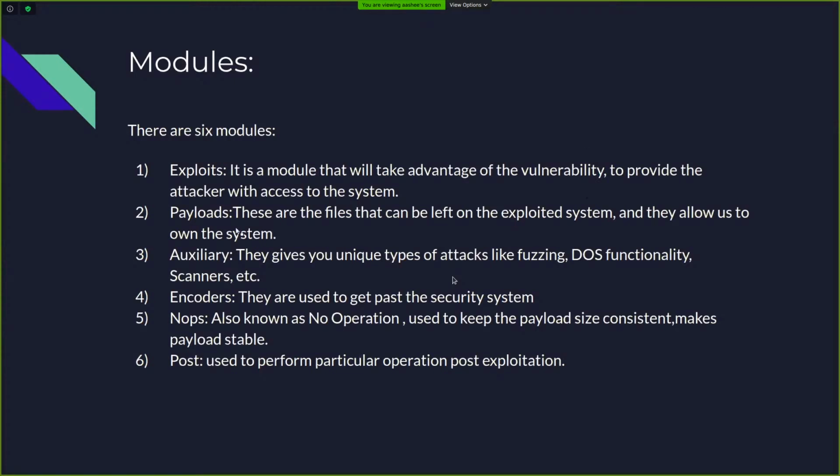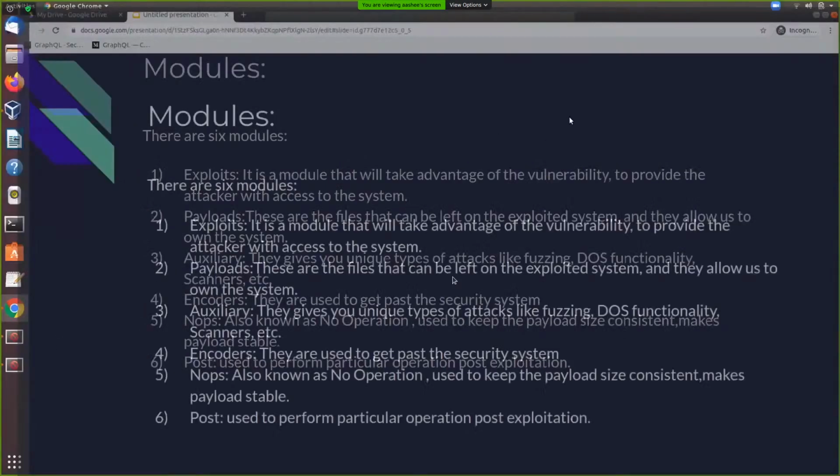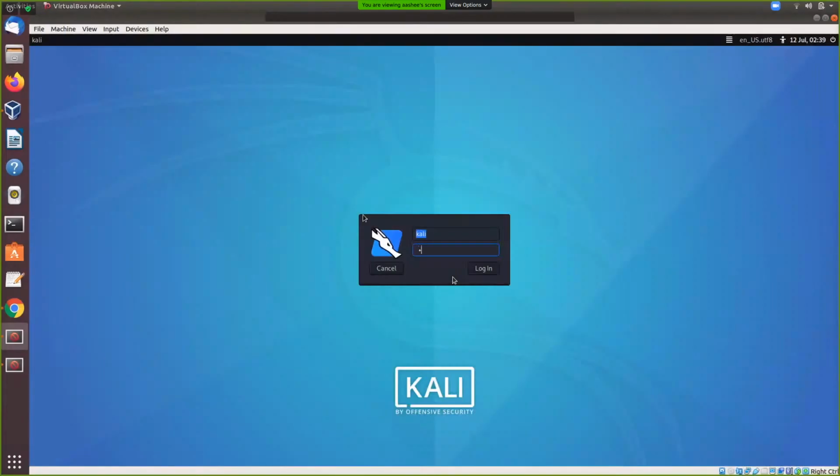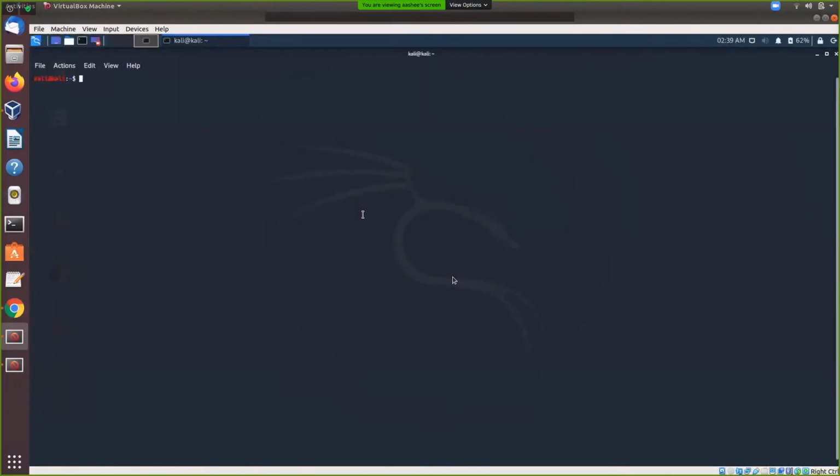So let's go to the demo. Before starting MSF Console, we need to start the service known as PostgreSQL service.